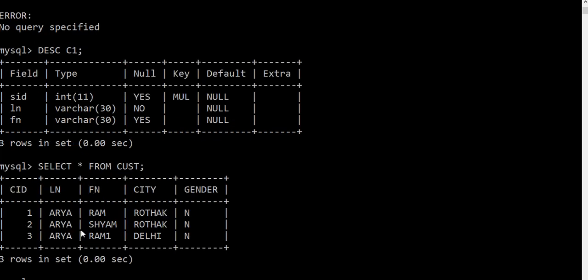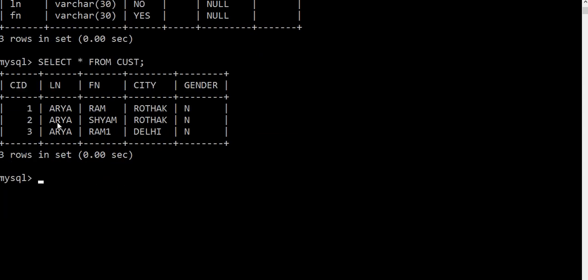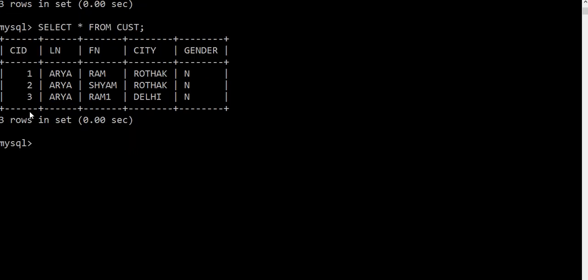So this was my customer table, right? So we will now implement the average function. How to implement? See, in this I have only the CID part where I can implement this average of the numbers. Now I can calculate, so I'll be using this part only. For that, what is to be written?